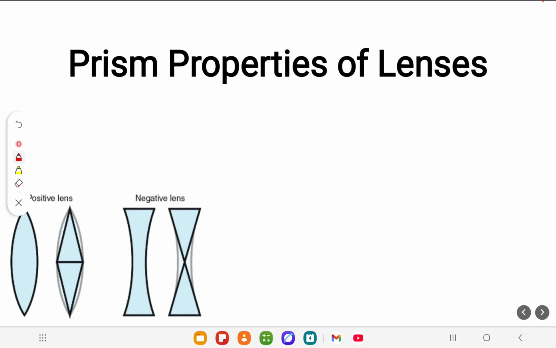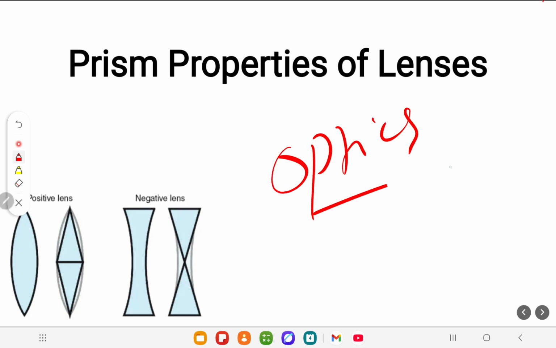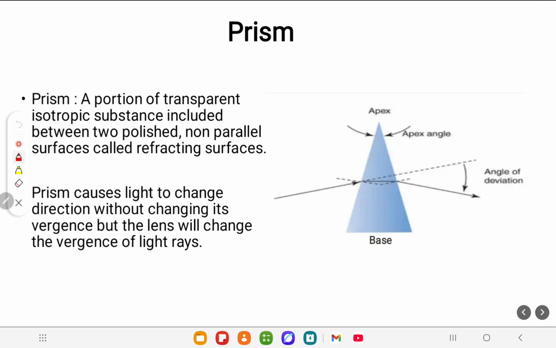But today we are going to talk about prism only from an optics point of view. Okay, so let's move. So a prism is a portion of transparent isotropic substance included between two polished non-parallel surfaces that are called refracting surfaces. So these are the two polished non-parallel surfaces, and here is the angle which is called the apical angle,